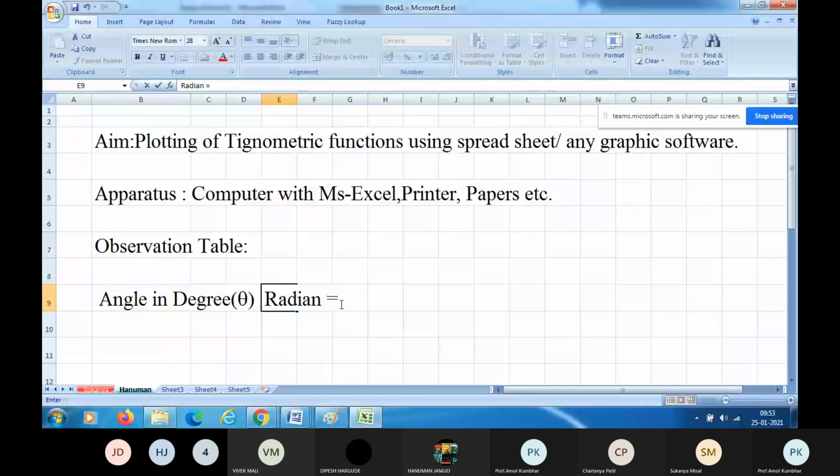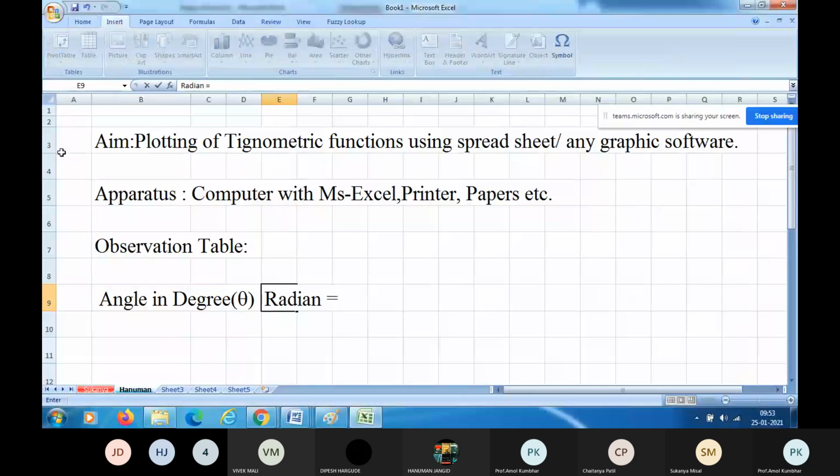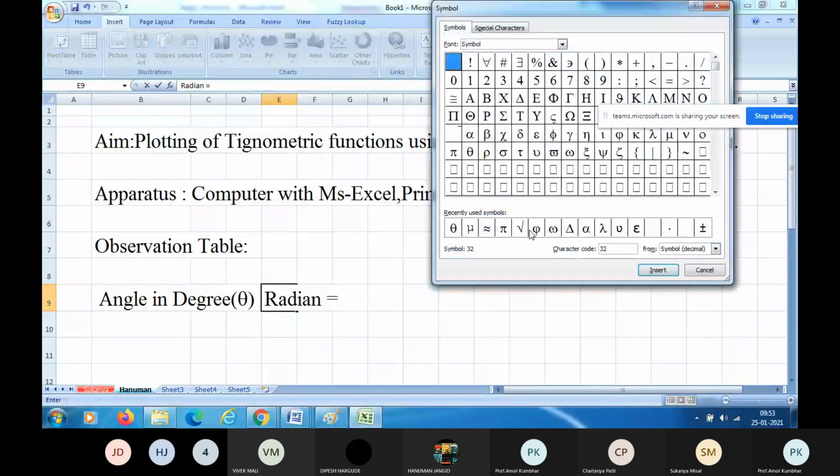So what is the formula, Sukanya? In your 11th standard physics, chapter number 1, I think the measurement chapter is there, right? In that chapter, you have learnt conversion factors. So what is the relation between degree and radian?